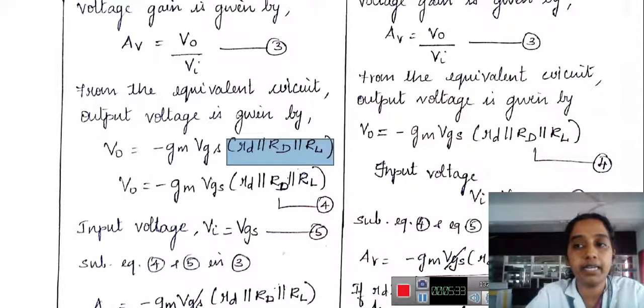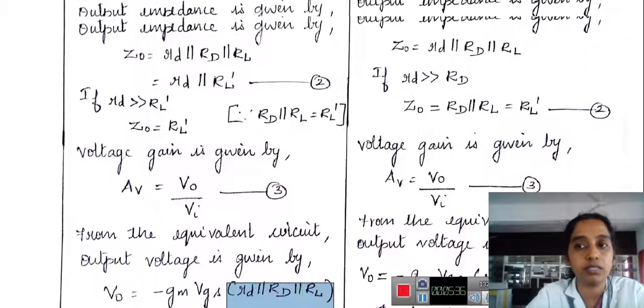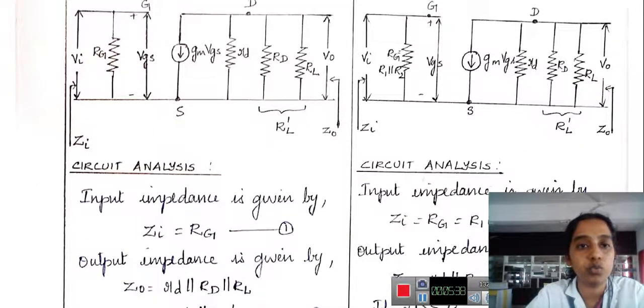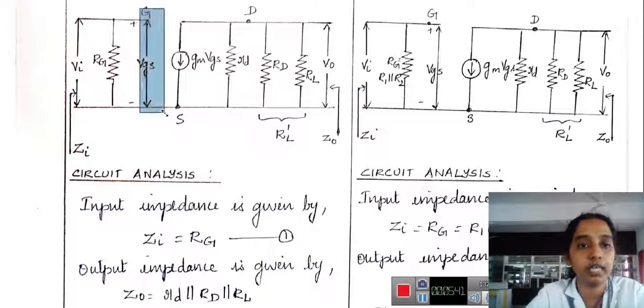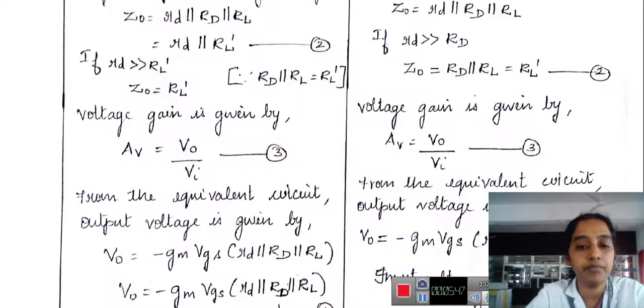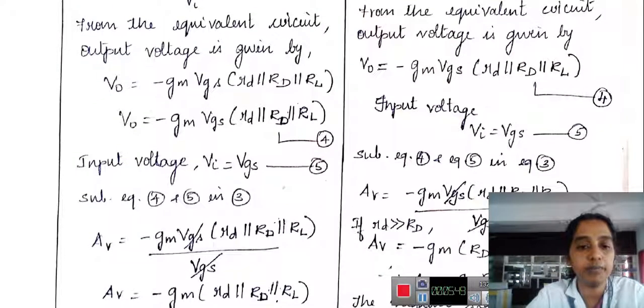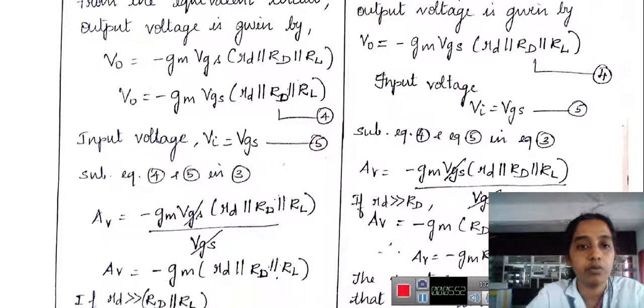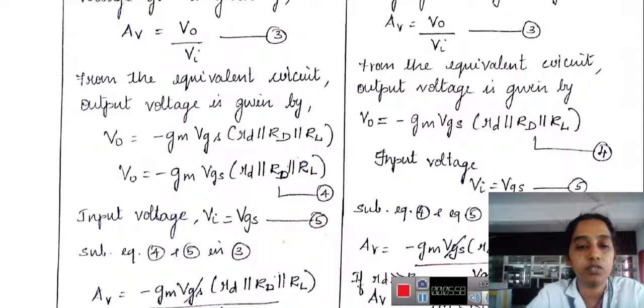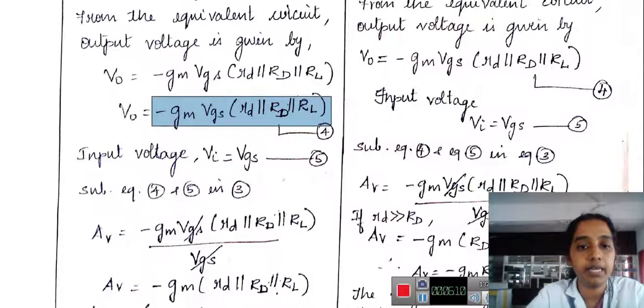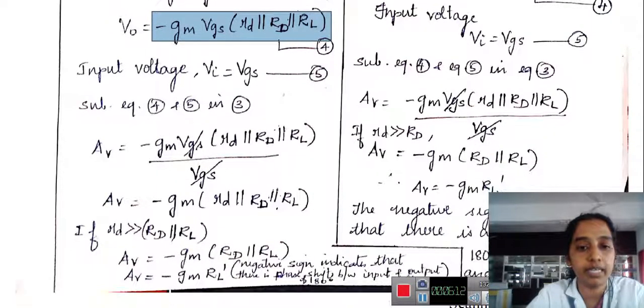Input voltage Vi, let me consider it as the voltage across gate and source. So Vi is similar to the gate to source voltage VGS. As they are parallel, Vi is equal to VGS. Now substitute in equation number 3. Voltage gain AV is equal to V naught by Vi. We know V naught is equal to minus Gm into VGS into rd parallel to drain resistance and parallel to RL, divided by Vi. Vi is VGS. So VGS will get cancelled,